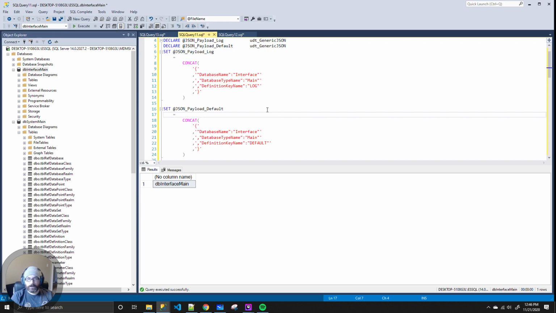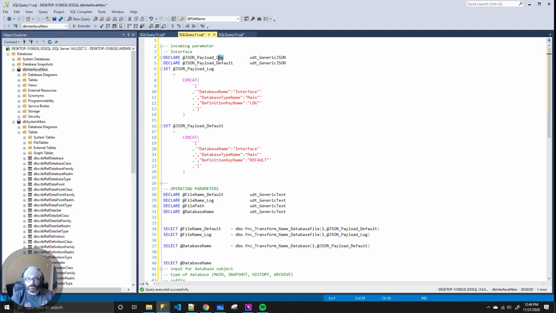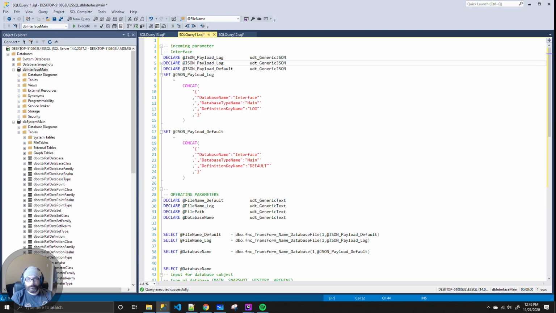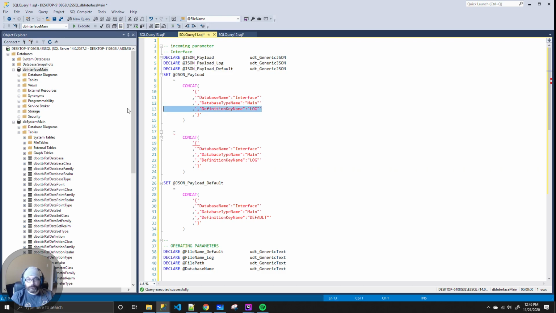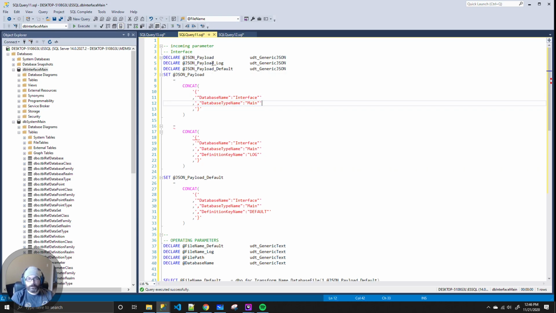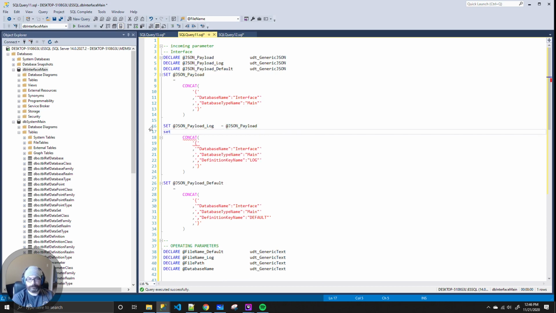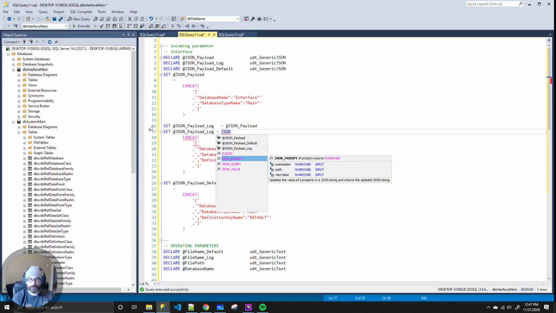So actually, let's say we have a primary. Primary payload. It consists of all this information without the log. If I want to use the log, it's going to be my current payload. And then it's going to be